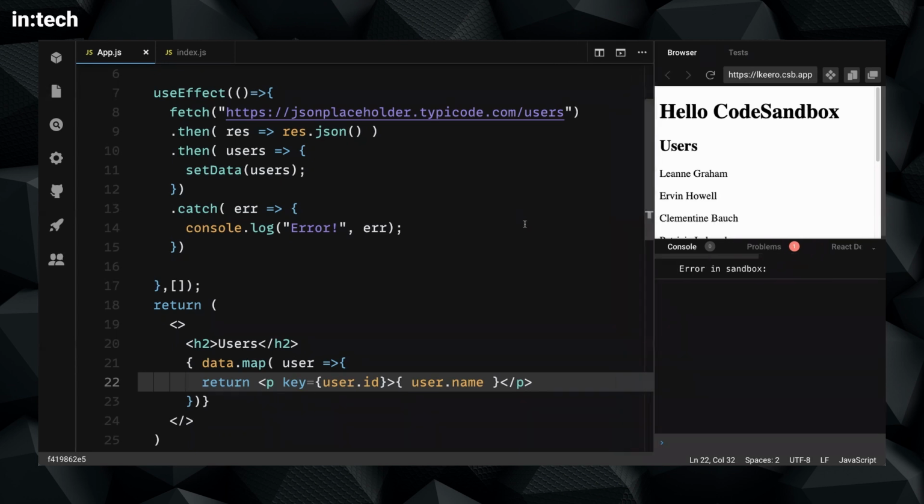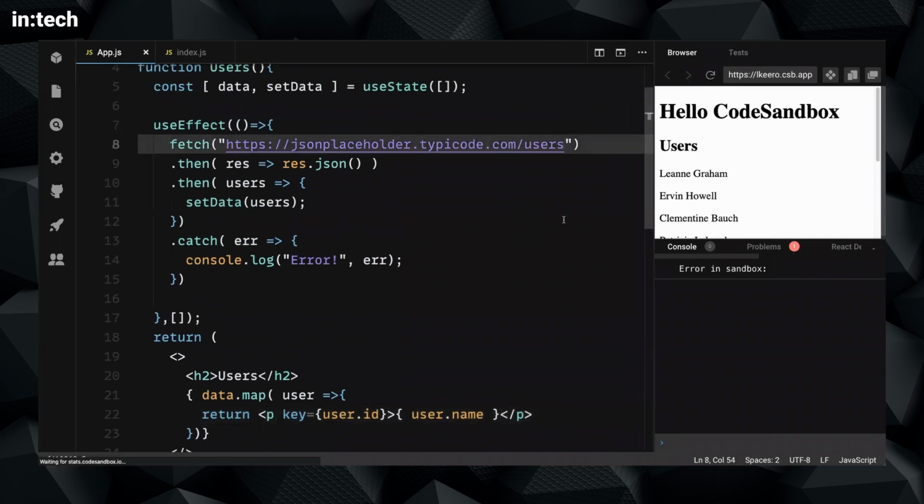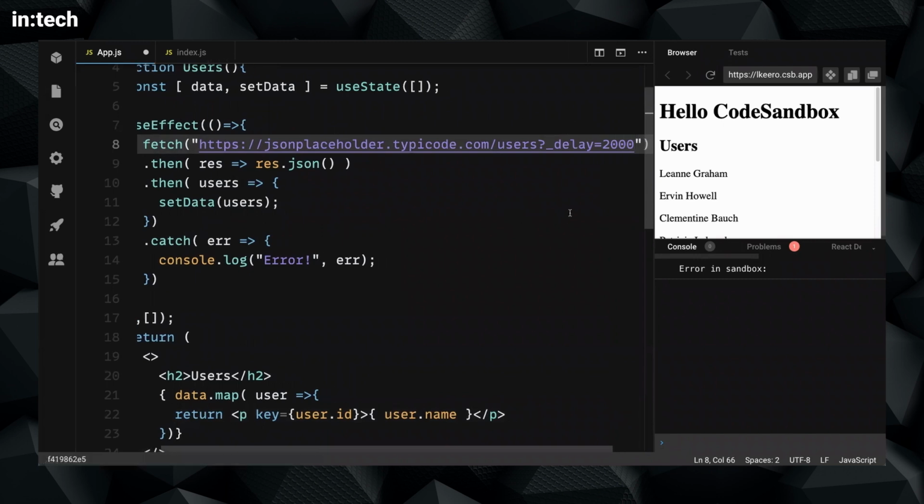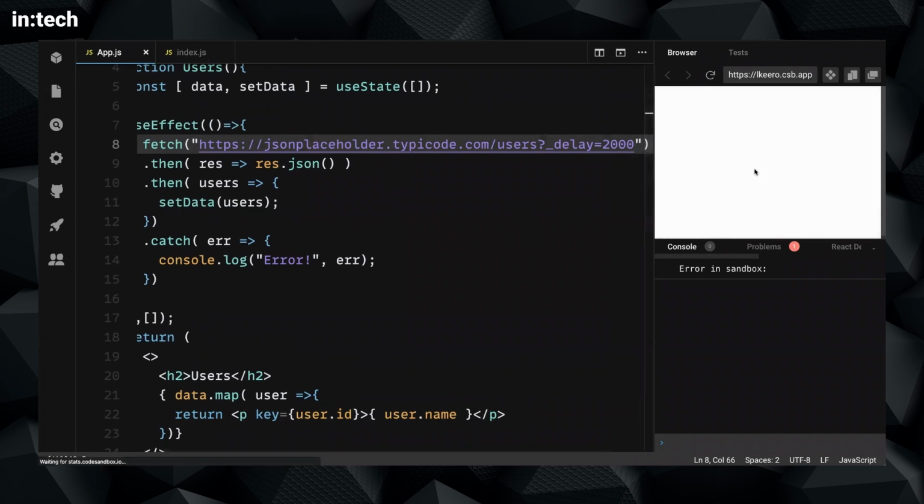Now, just to emulate a slow response from the API, because we want to also add a loading indicator for this request, I'm going to add a pattern here, which I think is this. I can add a delay to this dummy API. So instead of getting back a response immediately, I will be adding a delay of 2 seconds or 2000 milliseconds. So I can simulate a long, slow response from the server. So if I refresh right now, you will see